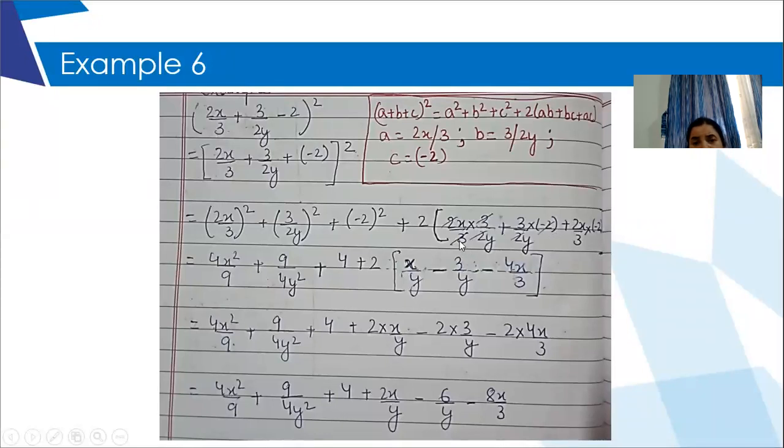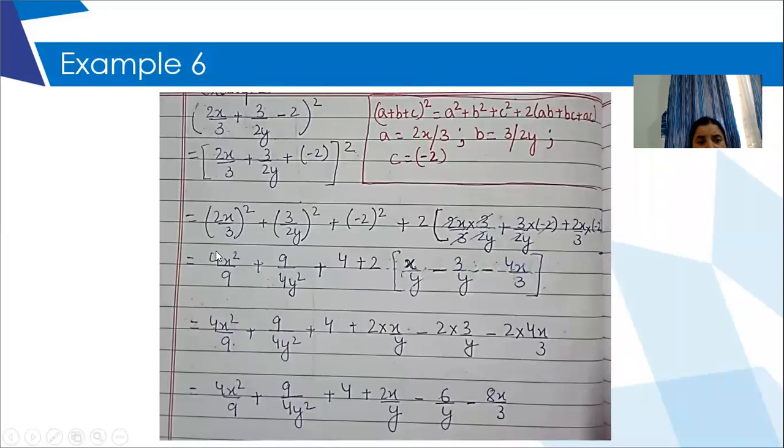Now I have done the necessary cuttings. 3 in the numerator, 3 in the denominator, I have cut it. 2 and 2 are cancelled. 2 and 2 cancelled. And the last one, there is nothing to cancel, so just leave it like that. Now this square will be applicable to both numerator and denominator. So 2x whole square. That means this square will be applied to 2 also, to x also, and to 3 also.